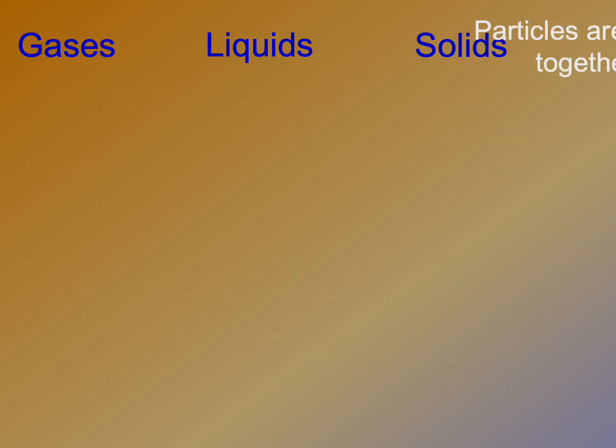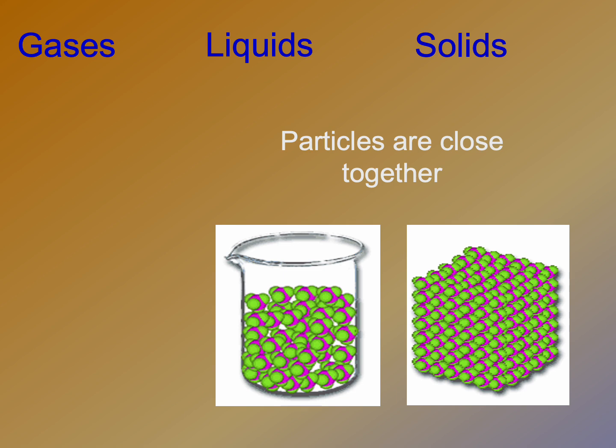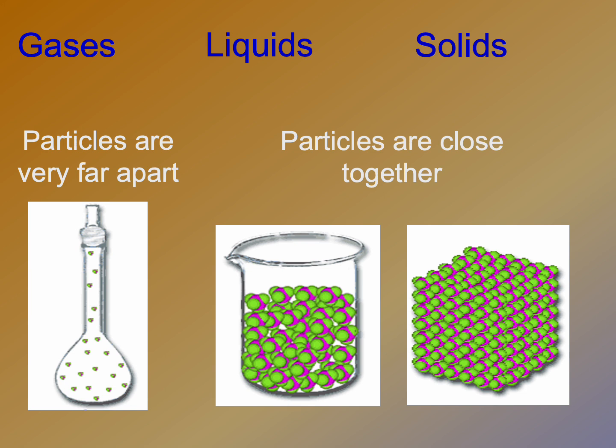Looking at these particle-wise, in solids and liquids, those particles are close together. Remember, solids are tightly packed together in a very nice orderly pattern. Liquids are a little bit more random, but the particles are still touching. Whereas in gases, those particles are very far apart, so you have lots of empty space between those individual particles. And a lot of times, the state of matter is going to depend on what attractions there are between particles.